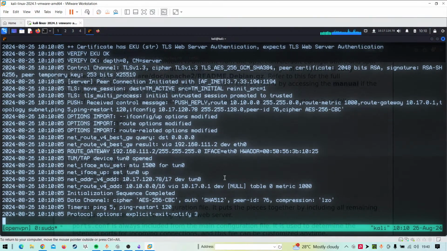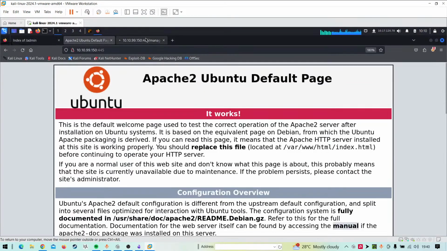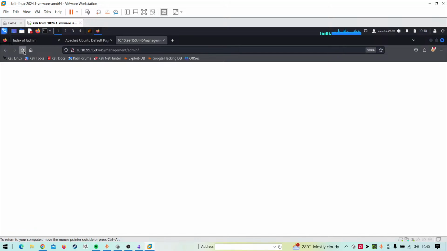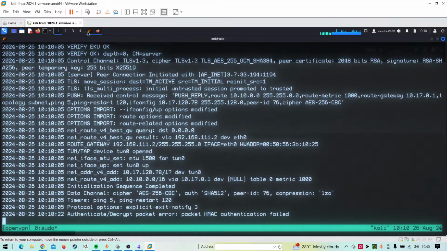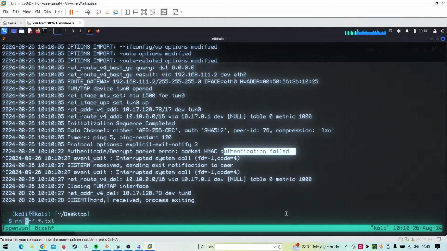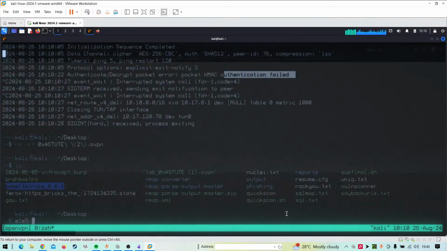What I can do is download a new VPN configuration file and just use it. But I just want to give it a chance. I just want to believe that this was not the issue causing this problem. Okay, now I have to delete this. Sorry, no, it has to be this particular issue.